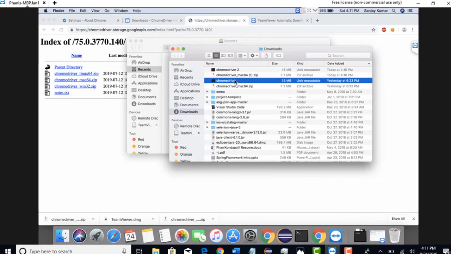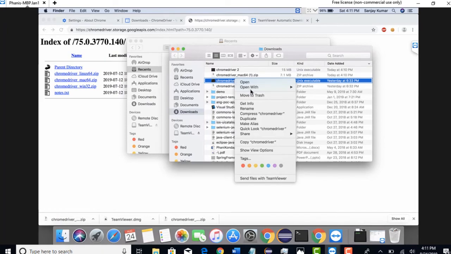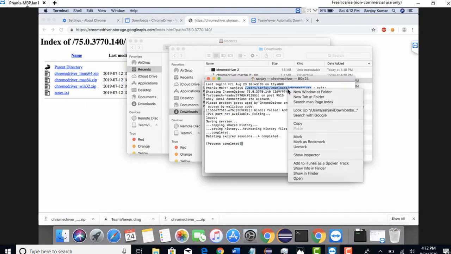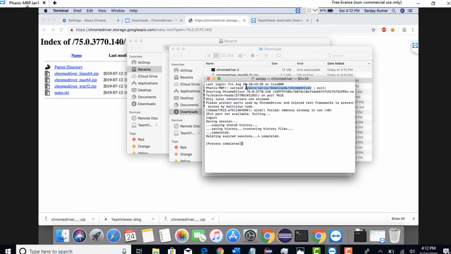Right click on your Chrome driver and you can say open with terminal. When you say open with terminal, this is how the window opens, and here you will have the path. On the terminal it will exactly give you the path of where this terminal got opened. So carefully copy this path, whatever you are seeing here, which starts with /users, because when you download, it will obviously go to the downloads folder, and you will not see any .exe here.